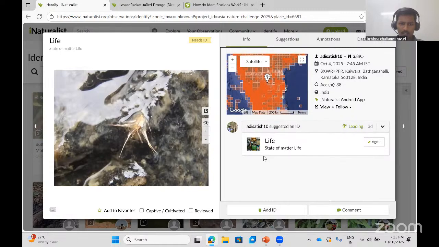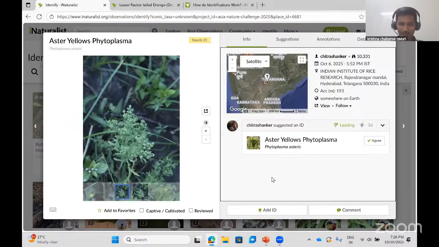Yeah, and let's look at this. So it's not really clear here. I think this could be some kind of an algae, but I really can't say. I believe the user also couldn't really say, and he left it at life. And yeah, this is confusing. I've seen it just a while before. I'm not sure why it's called unknown when there is an ID present.